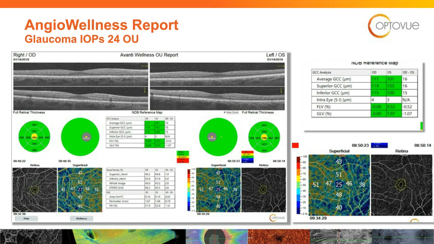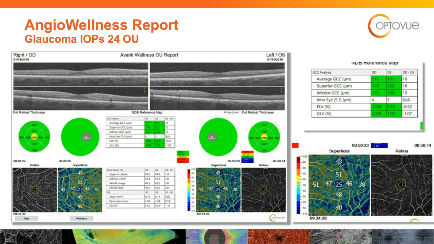That 40 is getting a little thin down there. That's where the ganglion cell complex sits. So this one here flagged me that I need to follow this patient a little bit closer. And it's with the angio, and you can look right above it, the GCC is not being flagged. So we might be catching the earliest signs of glaucoma with this patient based upon that 40 sitting down there